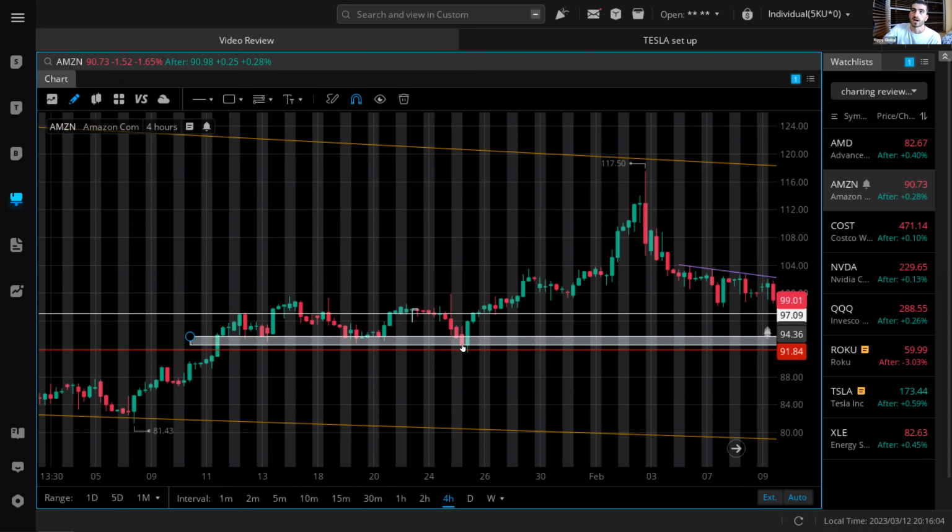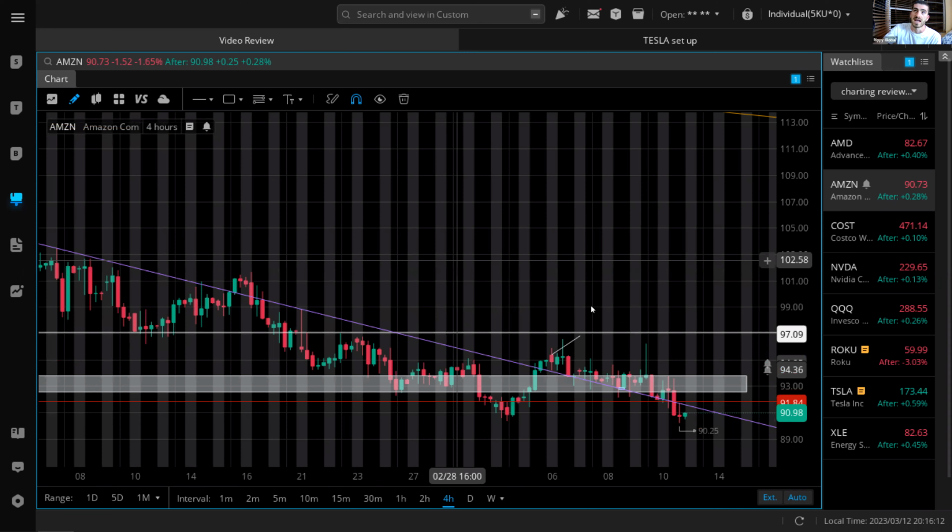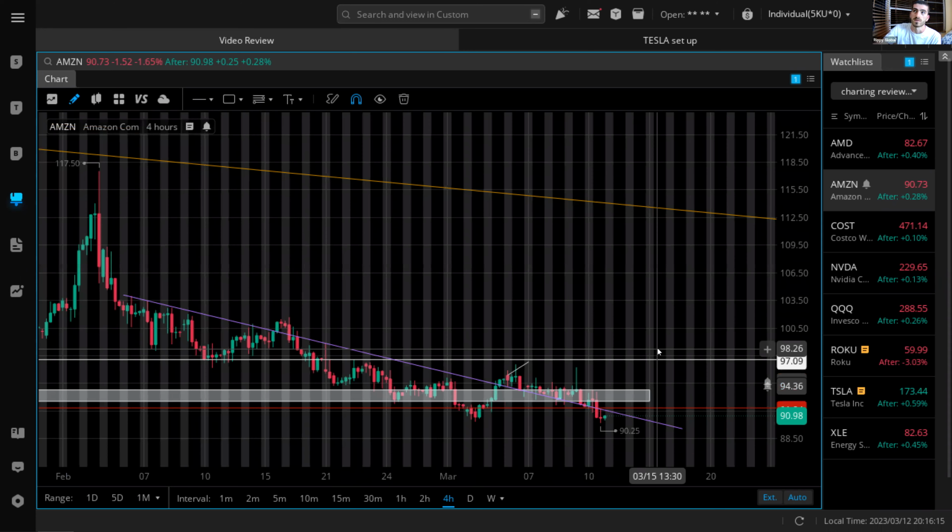So we have a good idea, or at least from how I look at it, I have a good idea of what I'm looking at with Amazon. I know that if we push above, 97 will be basically the tap out. If we can push, that's basically a $6 a share push. That's kind of heavy. So I'm just going to try and scalp Amazon if the market's green. I'm not going to buy and hold and hope for continuation. I may trim and hold a few contracts if I size heavy enough, but I just want to get